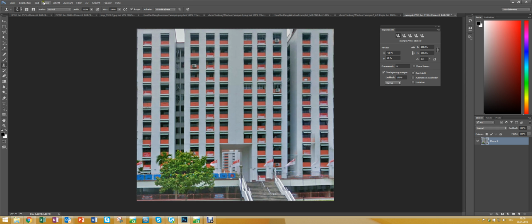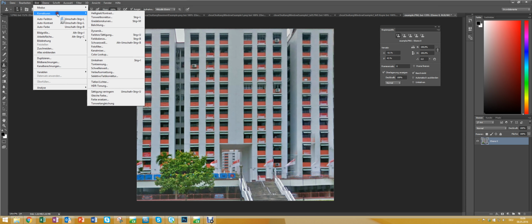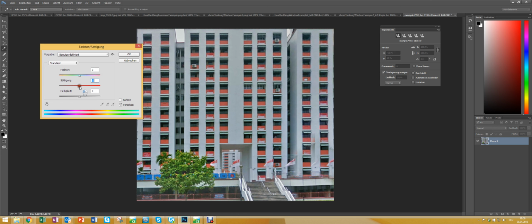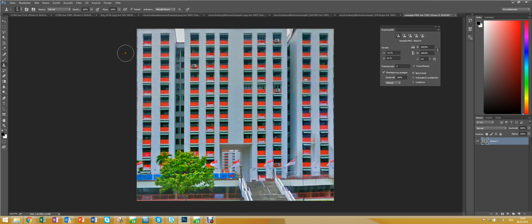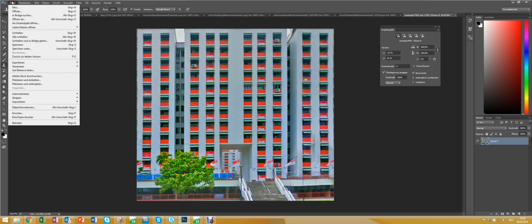But we also found that in the later scene, it's better to have a higher saturation. That's why we increase the saturation. Don't make it too red. That's not going to look good. So a little bit more fresh and more saturation doesn't hurt. Next thing, I'm going to store this